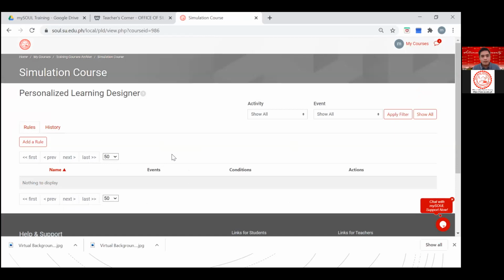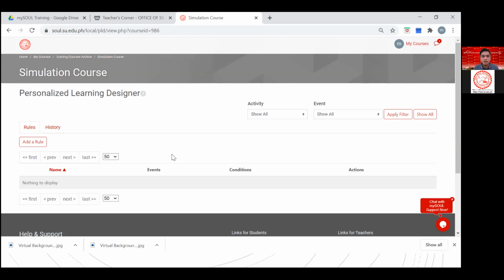Okay. So the first scenario will be I'm going to create a PLD wherein when a particular user, regardless if he or she is a student, or a teacher maybe, or an admin or a manager of the course, regardless of the role of this particular user, when a user enters the course, there's an alert message box that would welcome that particular user. Okay? So the first step, again, in the course page, you need to go to the settings and go to